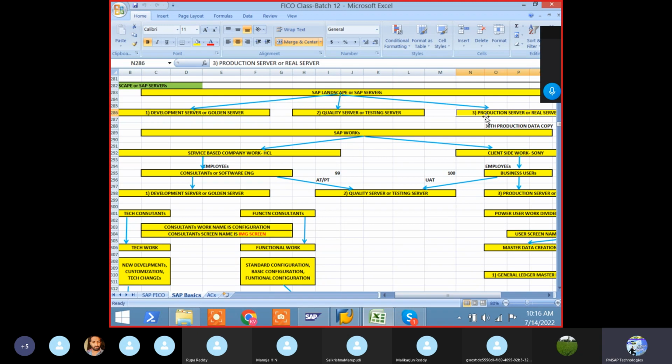Because of that, SAP has provided a complete system for development purposes. For any new development, use a new system. Do whatever you want based on the requirement; configure here in the development system. Once configuration is completed,